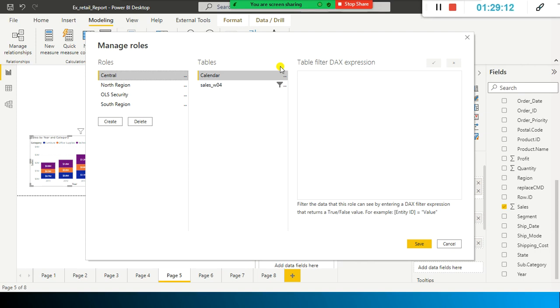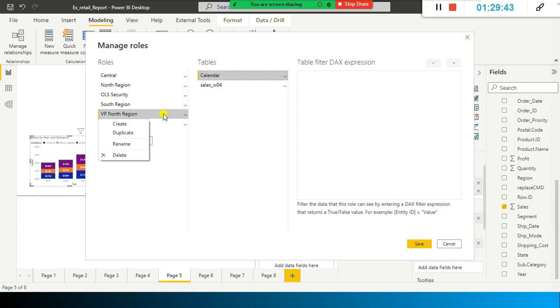So the filters, right? Filters restrict data access at the row level. So we can define filters with the roles. See, this is what the roles are. We can define filters with roles. For example, I just create a role like manager North something like that, okay, and I already created it. When you create manager North region, okay, or instead of manager I say VP North region, and then I'm going to create VP South region.